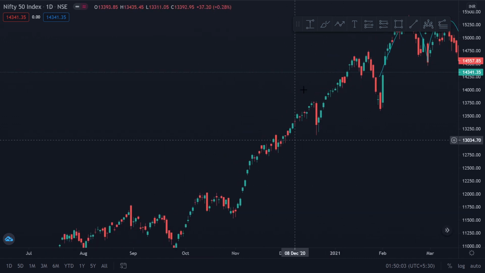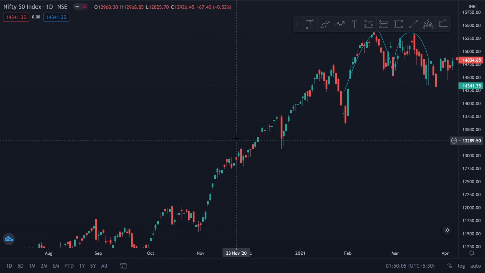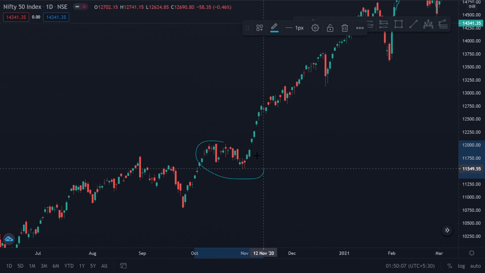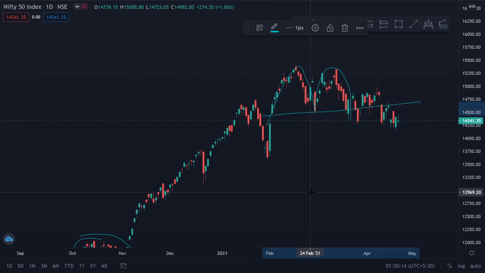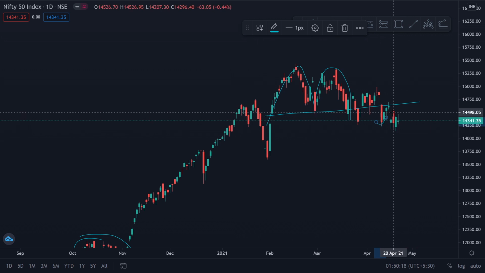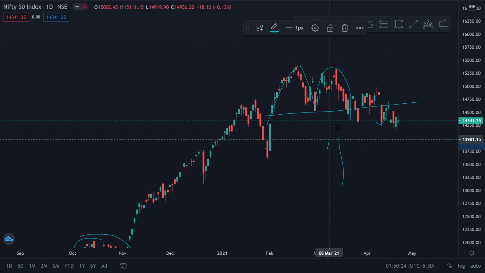Because you can see this pattern, this one right here, this right here, as well as this right here. Both are very similar looking structures. Now I have my neckline breakdown here. This was the breakdown, and now I would say that the probability of this breakdown succeeding is higher than the